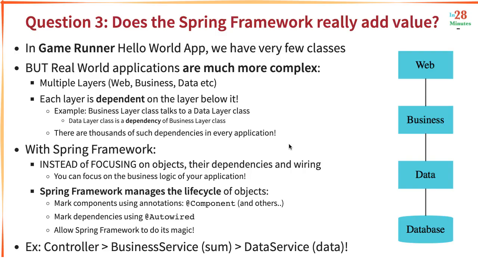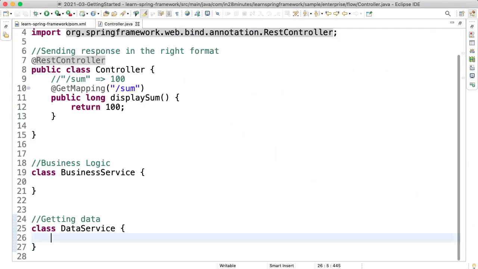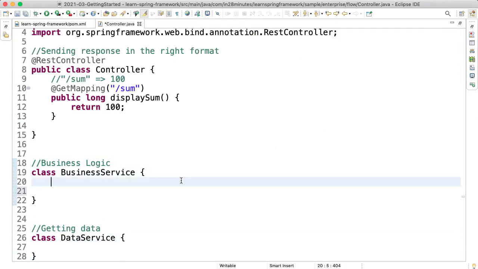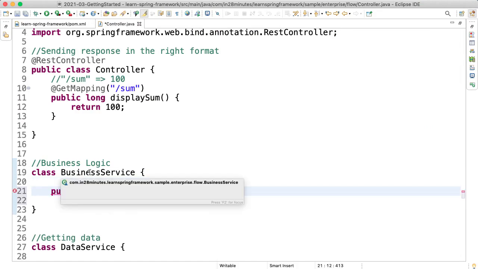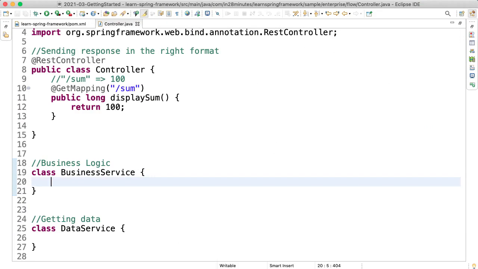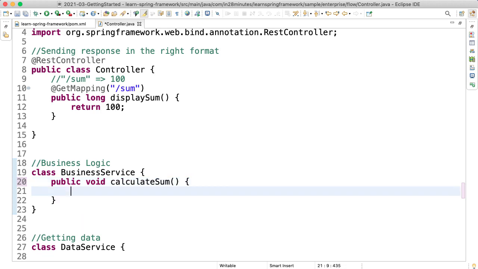Welcome back. In this step, let's continue developing our flow. What we'll do now is bring the business layer into the picture. The business layer is responsible for the business logic. Let's say we want to do a calculation of this sum. I'll get some data and I want to calculate the sum of it. So I'll name the method public void calculateSum,